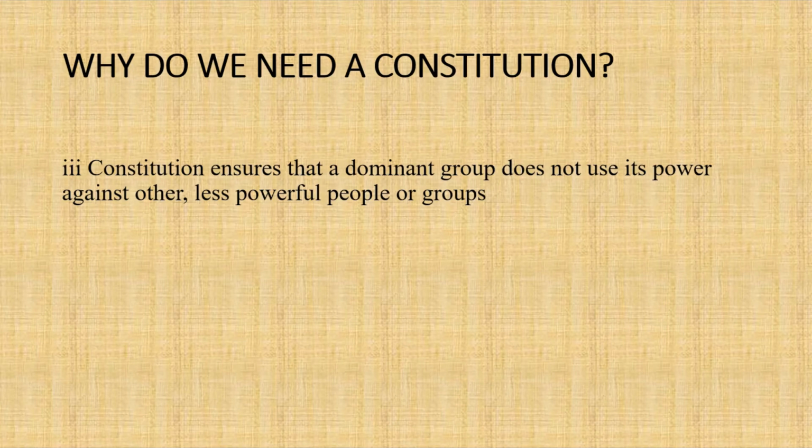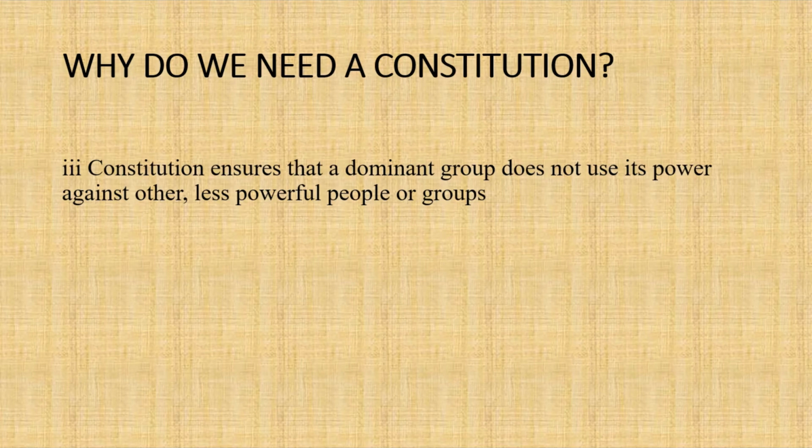For example, within the society we have different communities, different religions. One is a major community and one is a minor community. But our constitution protects all communities in an equal way. The majority cannot dominate the minority. And also the constitution usually contains rules that ensure that minorities are not excluded from anything that is routinely available to the majority.